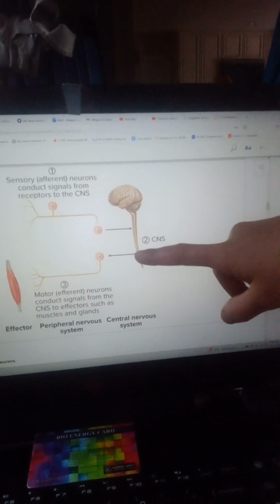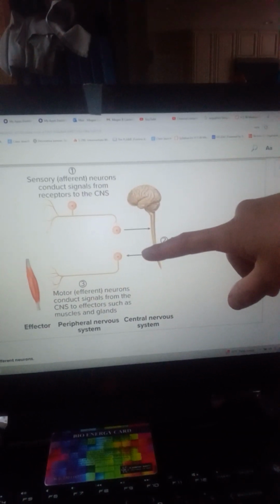Sensory afferent neurons conduct signals from receptors to the central nervous system. Okay, going into motor efferent neurons conduct signals from the CNS to effectors such as muscles and glands, going out from effector, peripheral nervous system, central nervous system. Okay. Afferent, Latin to bring to, conducting impulses inward toward the spinal cord or